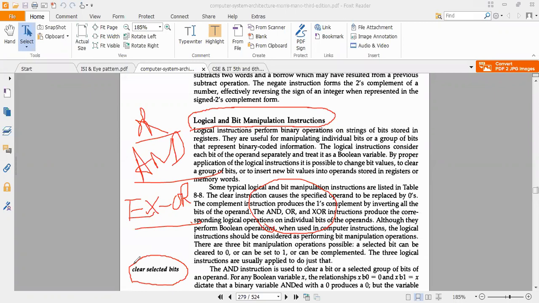So you have to take that particular bit and adopt one particular operation, that means ANDing. Suppose I am taking clear selected bit, with one example. Suppose 1 0 1 1, say 4 bits here for the sake of simplicity. Now you want to clear the D1 bit, keeping all other bits the same. That means ultimately you should have 1 0 0 1. So how to get it?